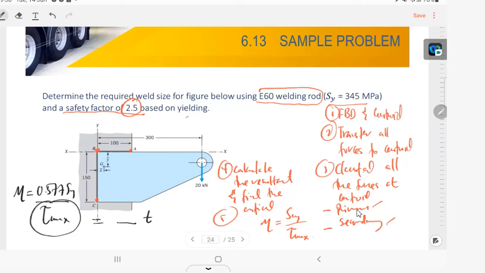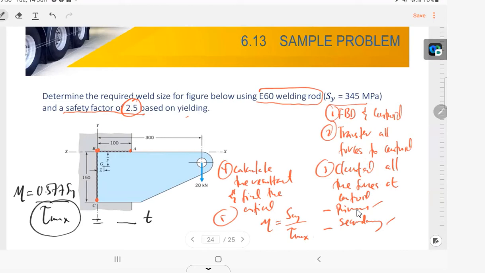Free body diagram, centroid, okay. I think that's not a problem. Centroid, just directly you get it. Then transfer all the forces to the centroid. Okay, no problem, just free body diagram. Okay, then